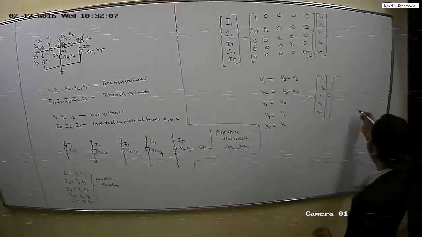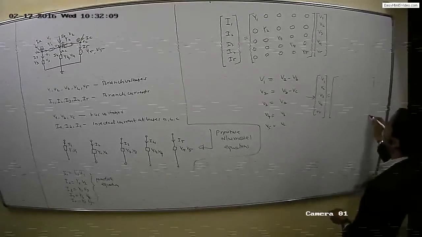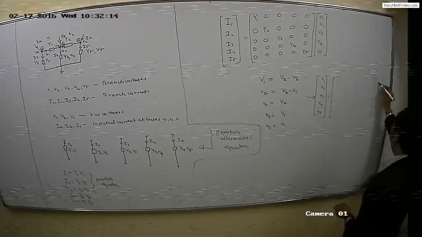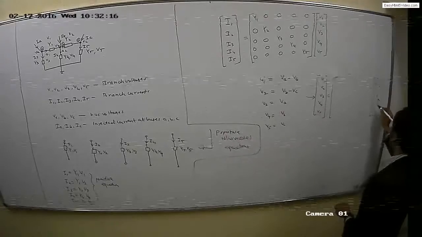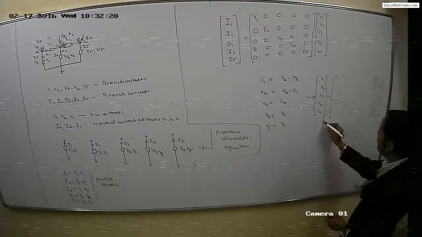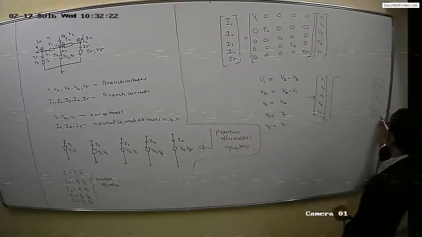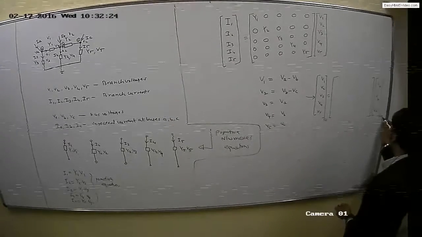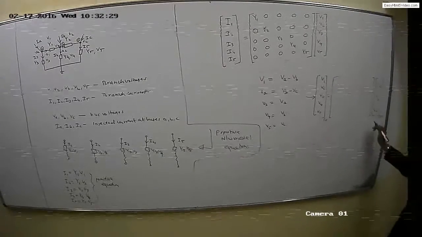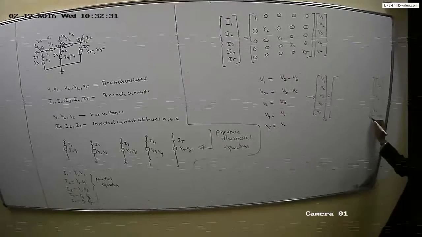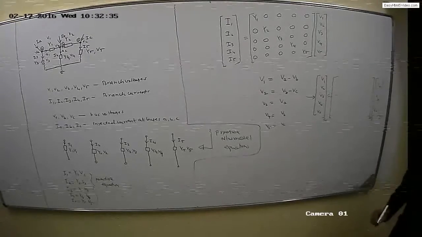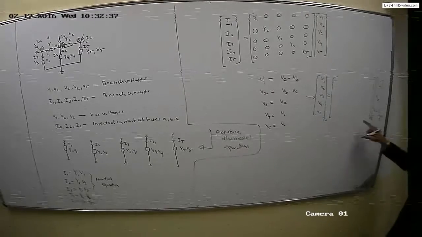Here some matrix will be there, and here the node voltages are the 3 node voltages, that is VA, VB and VC. Now let us see the size of this matrix. This is 5 rows, 1 column. Here 3 rows, 1 column. So what should be the resultant of this? The matrix size will be nothing but 5 cross 3. Number of rows here and number of columns, they should match. So the answer will be 5 cross 1.